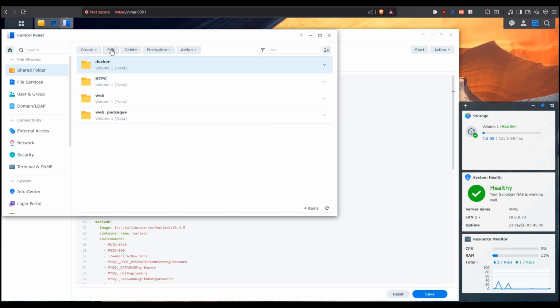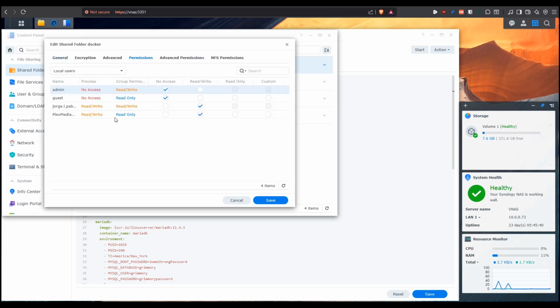So in here I click on edit, and then I go into permissions, and then you see here what users I have in the NAS and what permissions they have. As you can see, the admin has no access, the guest has no access, I have the Plex media server which does have access, and my user which has access. You can give it